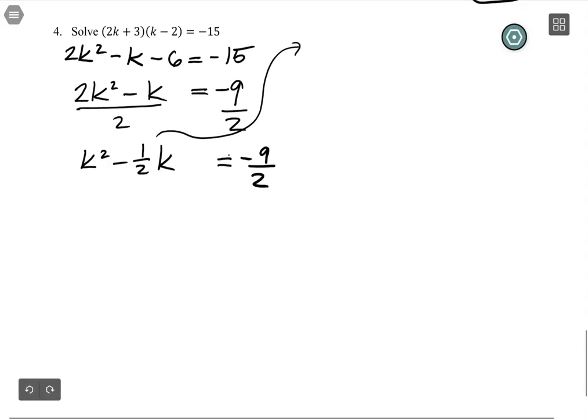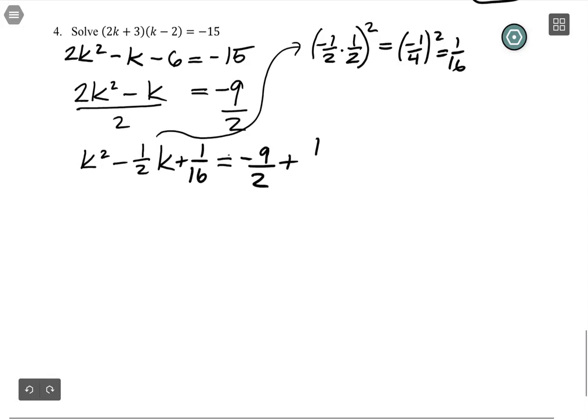So I'm supposed to take negative 1/2 and I'm supposed to cut it in half, divide by 2, which is the same as multiplying by 1/2, and then square it. So I get negative 1/4 squared, which is 1/16. Okay, so let's see, we need to multiply top and bottom by 8, which is negative 72 over 16. So I'm going to have negative 71 over 16, that's hideous, is equal to,